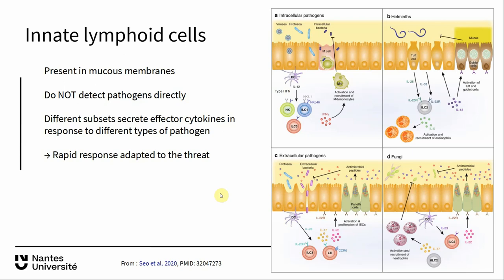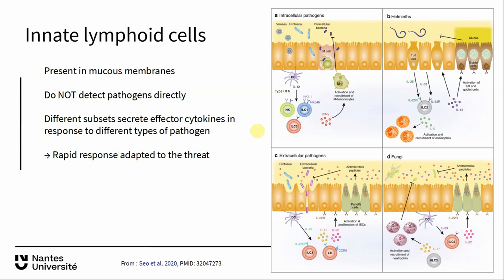Okay, M1 people, I'm going to pick up where I stopped on the lecture a couple of weeks ago and just finish up with the innate responses and then move on to the adaptive immune response against different types of pathogens. So one element of the innate response that I didn't talk about, but which is very important, are innate